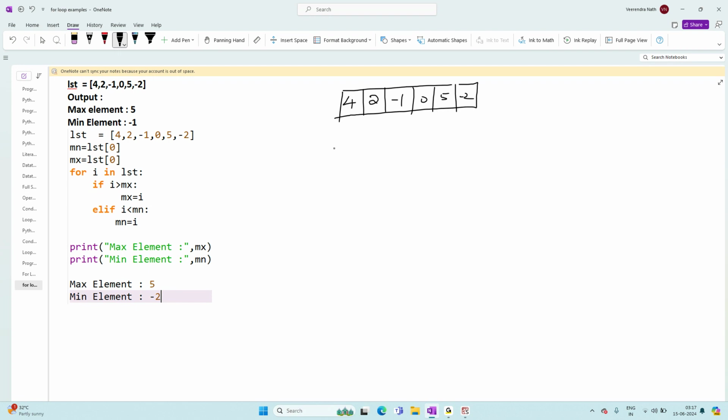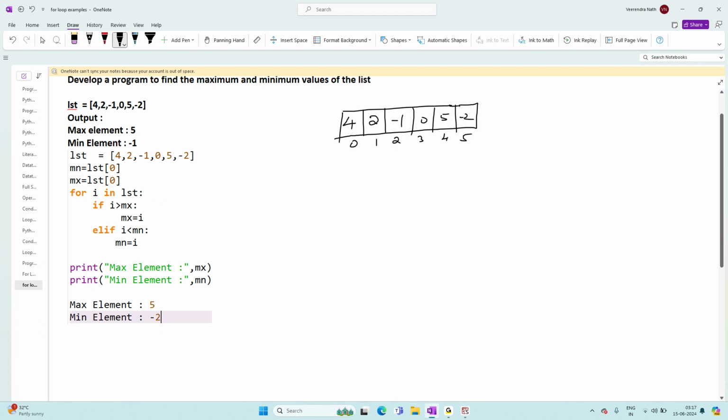So the indexes are 0, 1, 2, 3, 4 and 5, and the negative indexes are -6 to -1. We are not worried about the negative index, but we are taking up the positive index